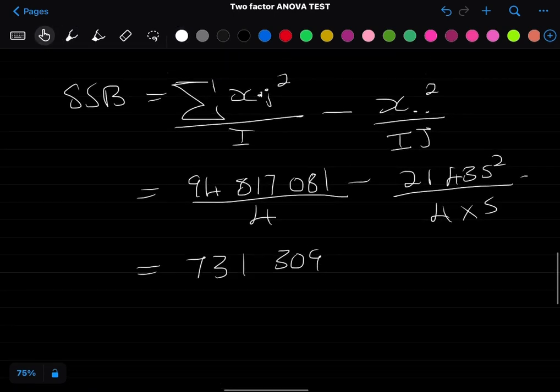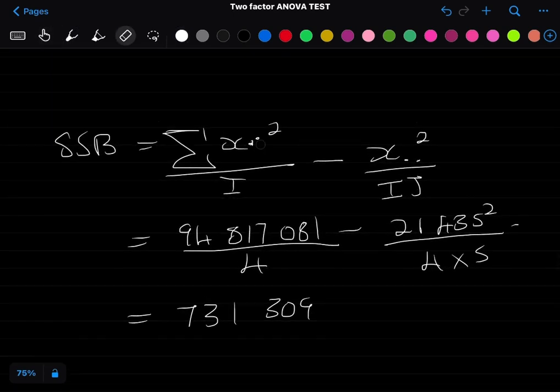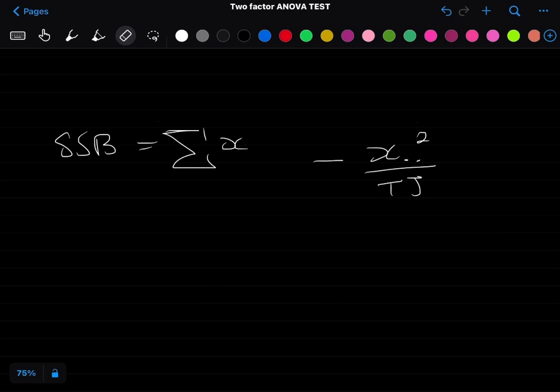Now we have to find the sum of squares for the total. The sum of squares for the total. Now this one is not divided by anything, it's just